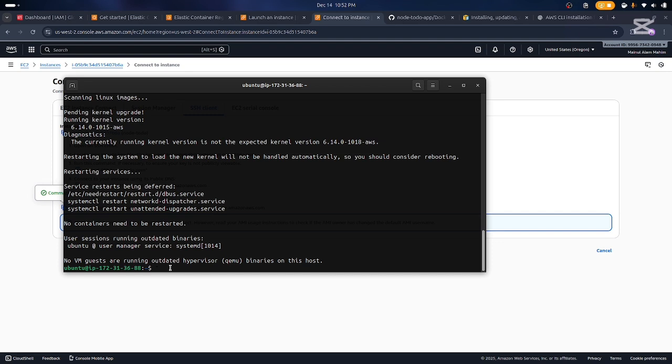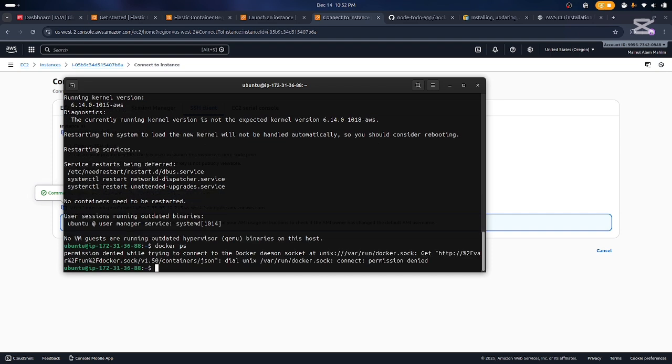Now if we type docker ps, permission denied, because the Docker daemon is not under our user group. So we're going to add Docker under our user group using this command: sudo